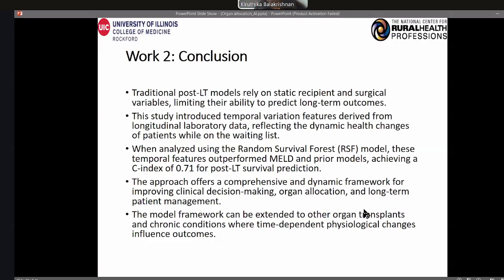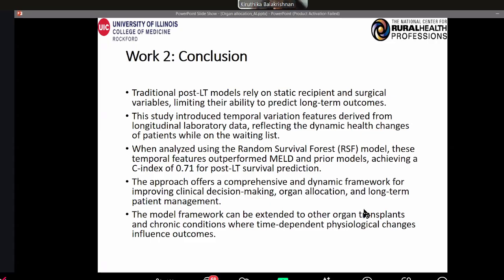In our study, we addressed this by including temporal variation features. This was derived from longitudinal lab data. So instead of just looking at the most recent values, we considered each lab parameter like bilirubin and how all the lab values fluctuated over time while the patient was on the waiting list. This allows the model to reflect the dynamic status of each individual rather than